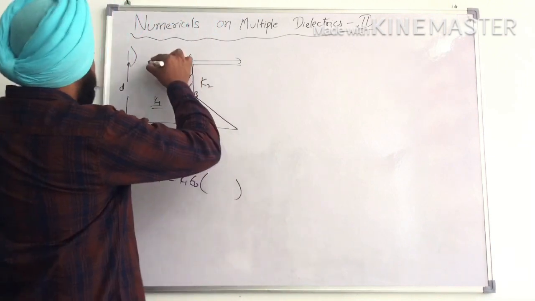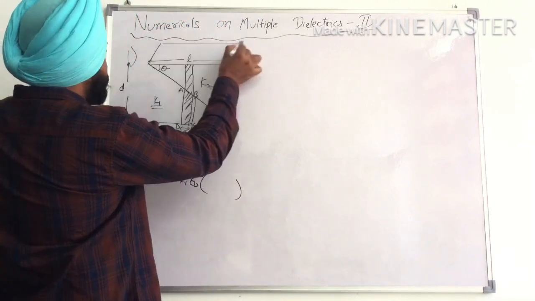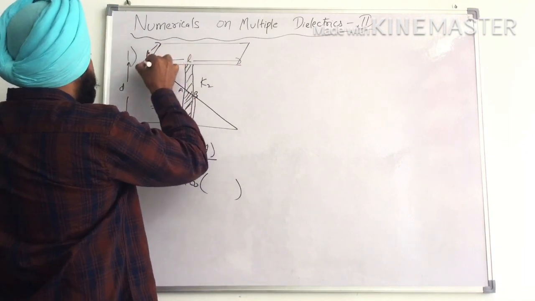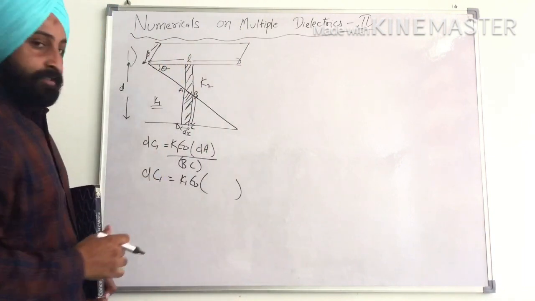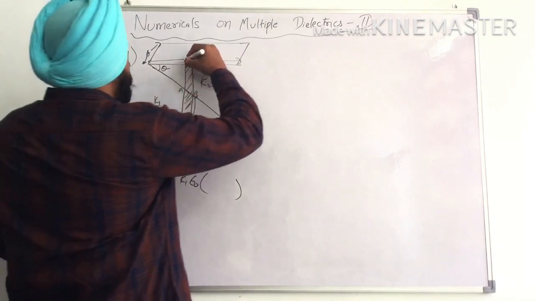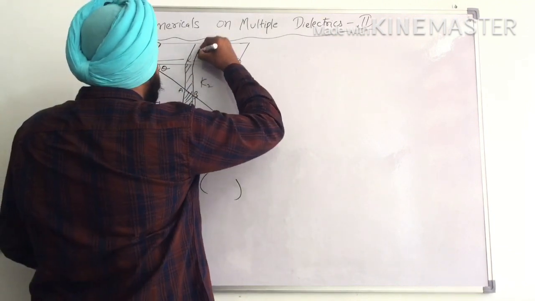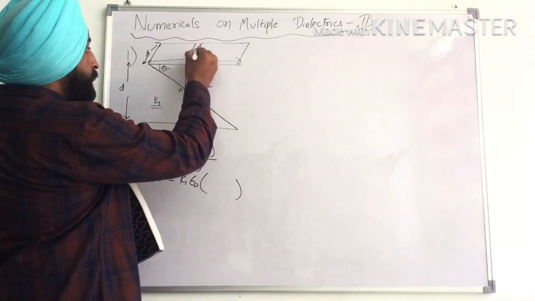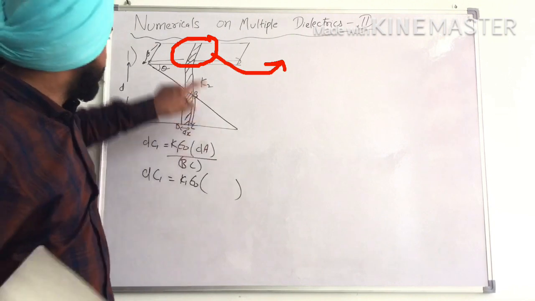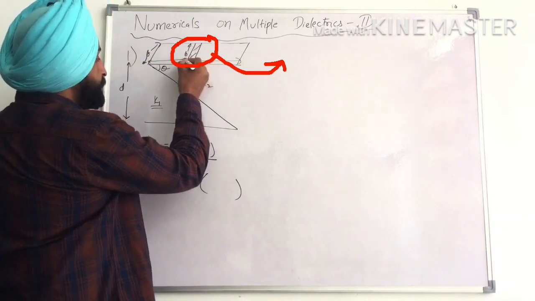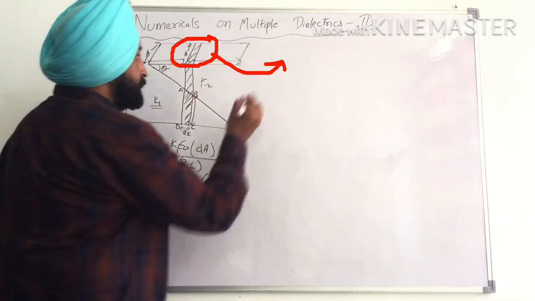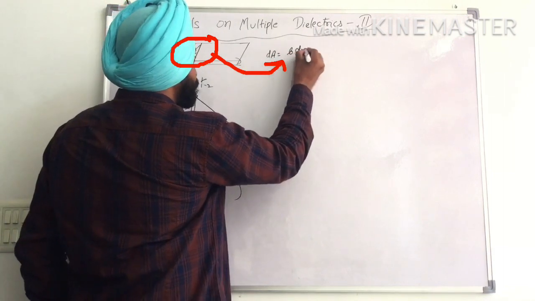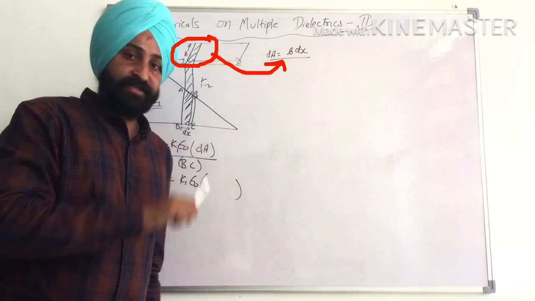So I will be drawing it over here. Like this is our plate now. Width of this plate is b. Fine. So we have to calculate this area. Area of this plane only. So we have to calculate area of, this is b and this is dx. So our small area will be equal to b into dx. Hope this is clear to you.